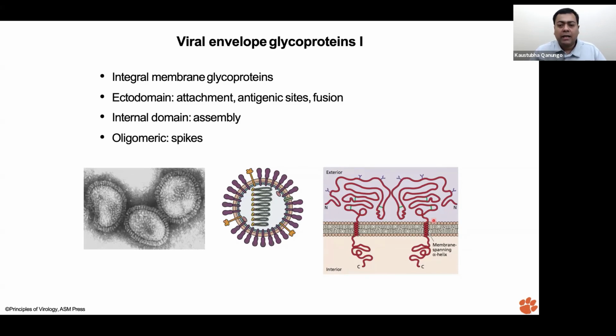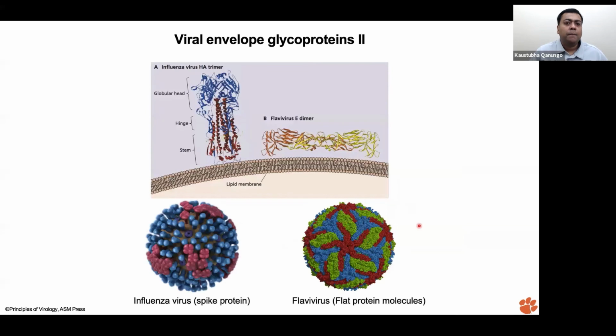So let's take a look at some examples right here. This right here is a glycoprotein from the influenza virus. This is a trimer, and only one is shown in the red and the blue. So right here, this portion is the globular head. This actually binds to the receptor, and this is a hinge region stem, and that is inserted into the membrane. This is the lipid membrane. This is the envelope of the virus. On the other hand, this is just how it looks. So these blue ones right here are your influenza virus